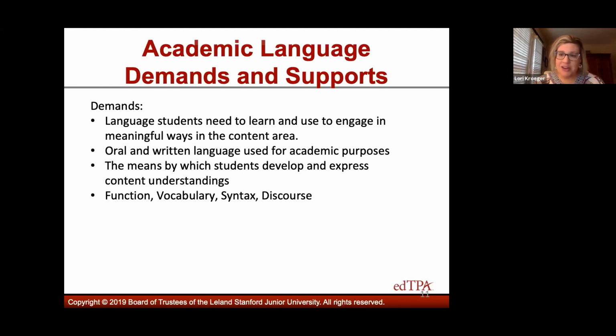Syntax, that's the third one, is the set of rules or conventions for making meaning. If we're talking about something that's written, this might be the order of words in a sentence. In math, it might be the order of the symbols and numbers. So if I say 3 plus 1 equals 4, that makes sense. You know what I mean. It has the correct syntax and the correct meaning. But if I say 3, 4 plus equal 1, it doesn't make any sense, right? The syntax isn't correct, so it doesn't have meaning.